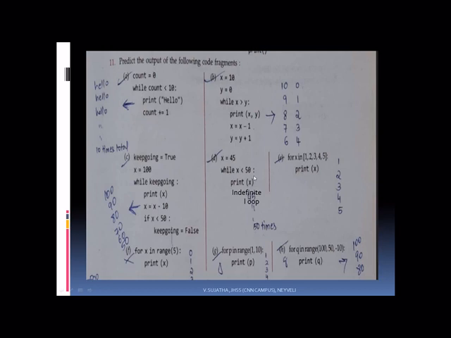So there is no updation here. So x should be updated here, either incremented or decremented, whatever it may be. At any point of time, the condition should come as false. Here it will not. You are not at all giving any updation. So it is an indefinite loop. See the answer, somebody has written this as a wrong answer. So the indefinite loop is the correct answer.